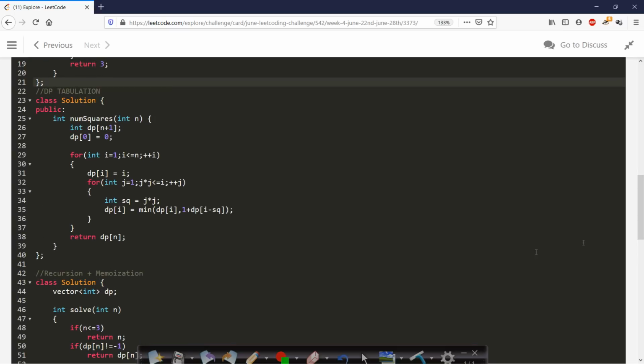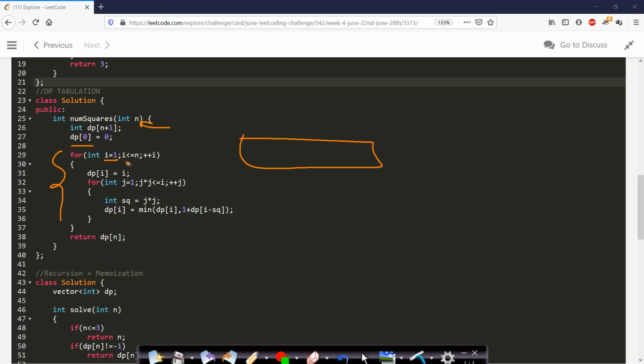Now let us look at the next method. The next method is based on DP tabulation. This is also very simple, where we are given this n value and I have made a single dimensional table. In this case I have just filled DP at 0. In the theory part I have shown that I filled 0, 1, 2, 3. So you can follow that, or you can do like this. Just fill DP at 0 equals 0. And then again I have followed the same process.